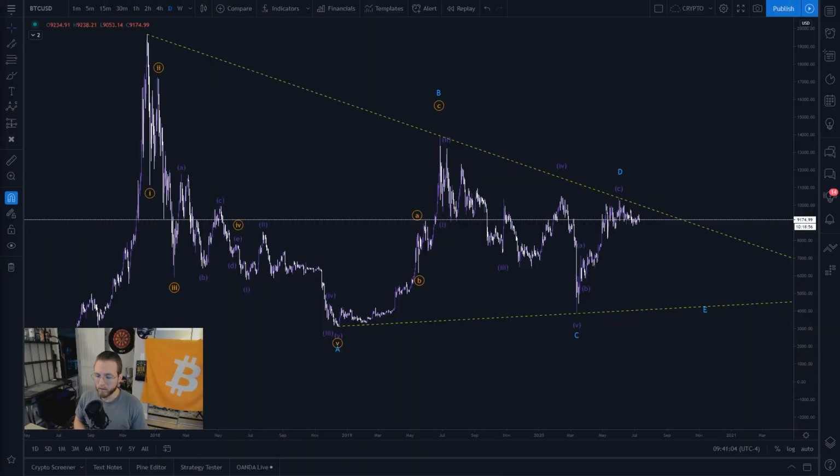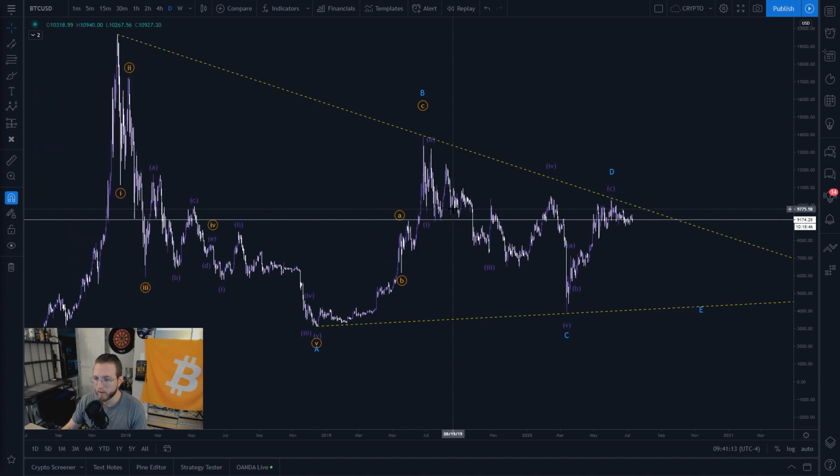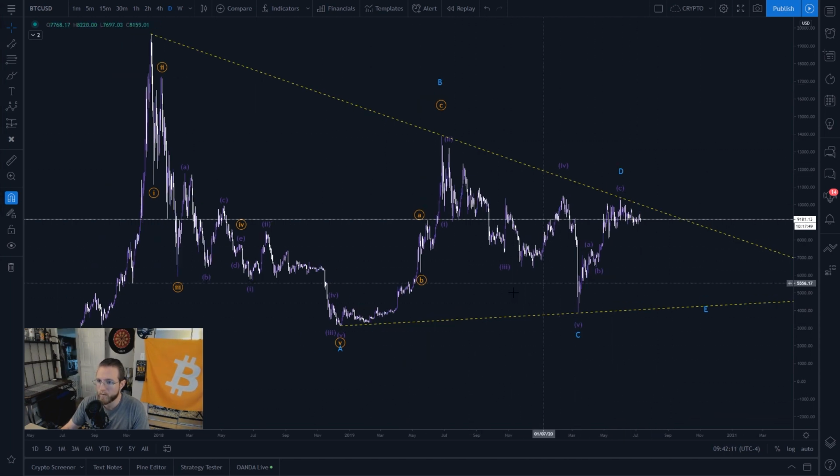I'm going to go over just my long-term bearish count first. For those of you that haven't seen this yet, I pretty much have this entire structure here since 20K. I have this entire thing as just a massive triangle, a massive A, B, C, D, E, and we're coming in for our E wave now. Now, obviously, this can get invalidated by this just being a massive ABC, being a flat correction, and this is the start of a new impulse. That's completely possible. I'm not really going to get too heavy into this.